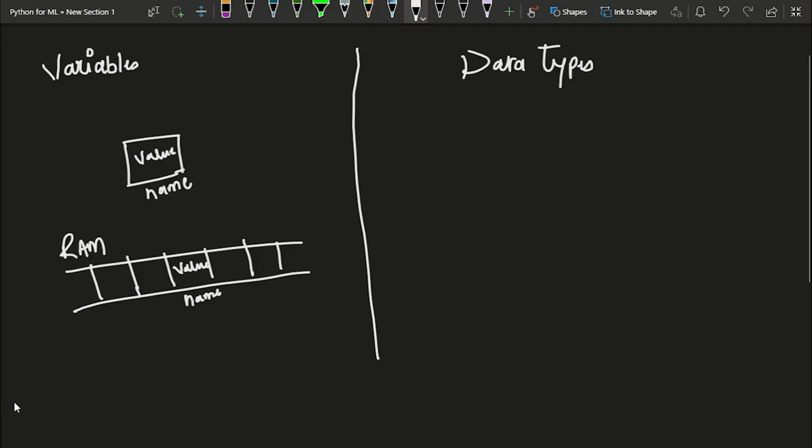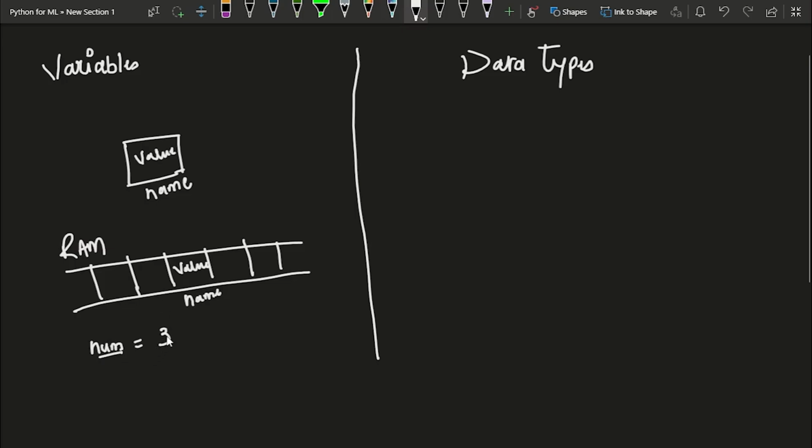So in Python, if you want to represent a variable, you just have to type the name, whatever name you want to give to a variable. For example, here I am typing num, which represents a number. Then you have to put an equal to sign, and then you have to put the value which you want to assign. So we have assigned 3 to this num variable.